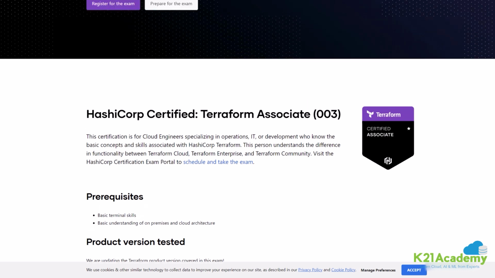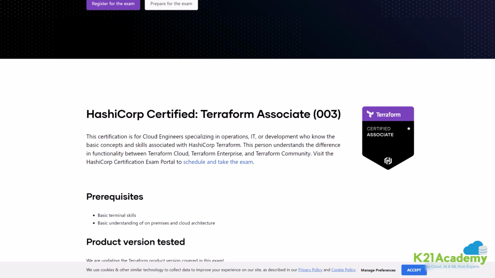For example, if you are going to deploy a VPC on AWS, you should know what a VPC is. If you are deploying a public IP on Microsoft Azure, you should know what a public IP is. So you should have this type of basic understanding of your cloud or on-premises infrastructure resources,